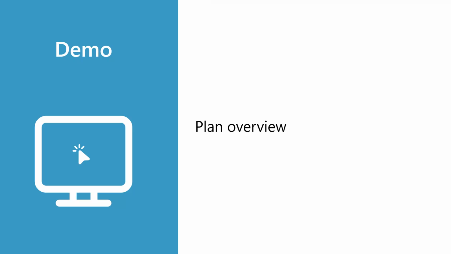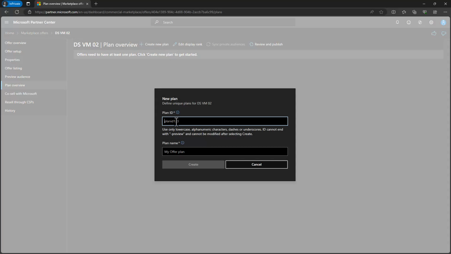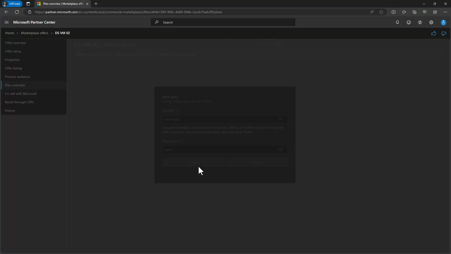Let's jump into Plan Overview. I can create more than one plan here, as I mentioned silver, gold, platinum as a model. Well, I'll create a new plan, and I'll give it the ID of, let's just say, silver plan. I'm just going to go by the example that I've been using here, and I'll call it silver. I'll create that plan,